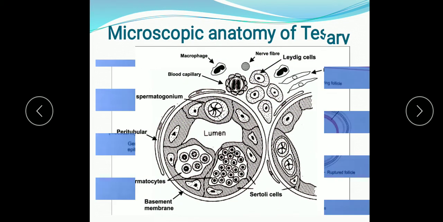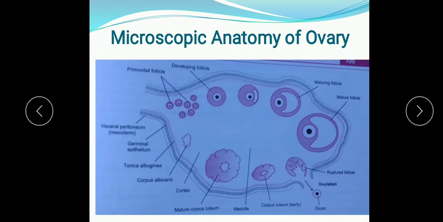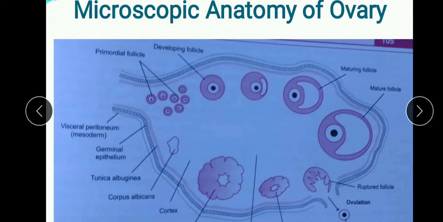Now next, the part we are going to study is the female reproductive part. In the female reproductive part, you don't have the detailed structure of the different parts. You have only the structure of primary reproductive organs. So what are the primary reproductive organs in the human female? They are the ovaries. The ovaries are almond shaped glandular structures placed in the pelvic cavity, one on each side of the uterus.